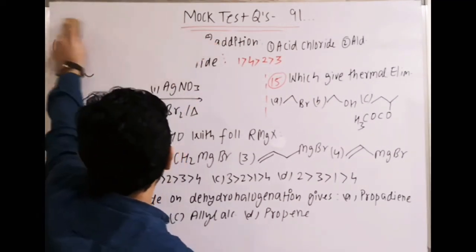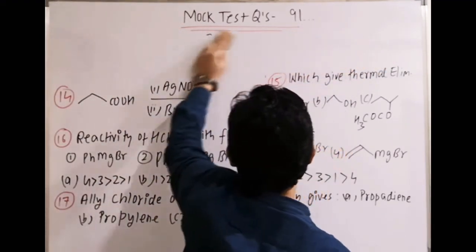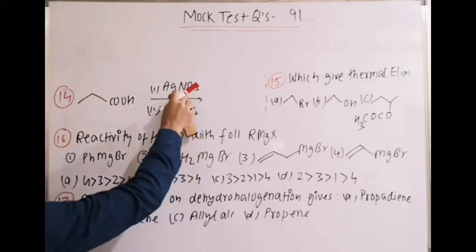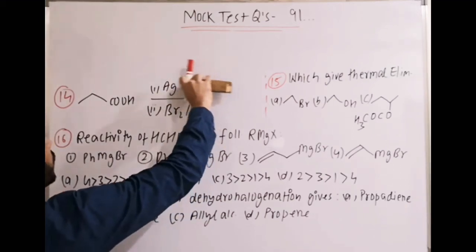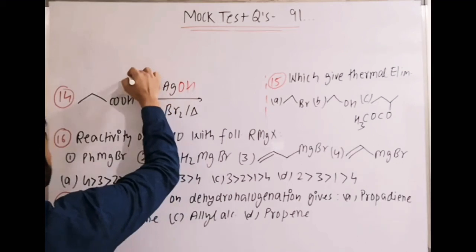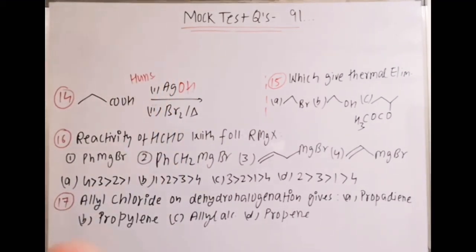Some error is there in the first part, that is AgNO3 is mentioned. We have done this reaction in notes. So try to recall that carboxylic acid Ag, or I will explain it, that here it should not be AgNO3, it should be moist Ag2O, or it should be AgOH. Why? Because it is Hunsdiecker reaction. We have written already it in notes.